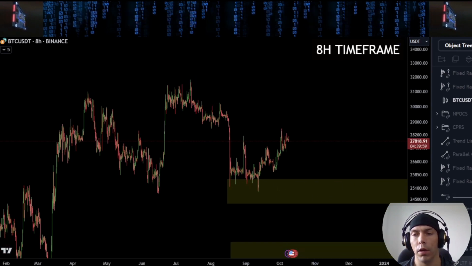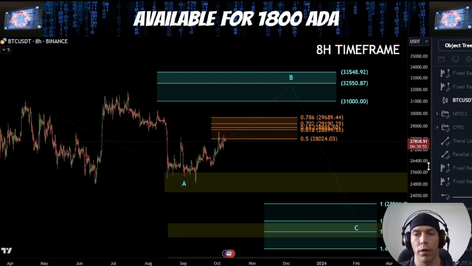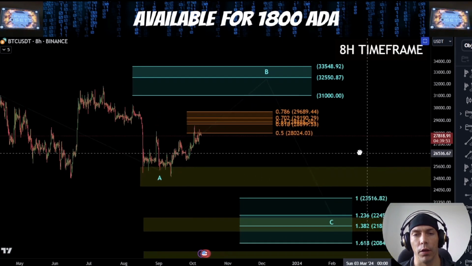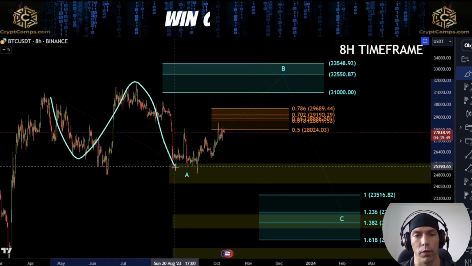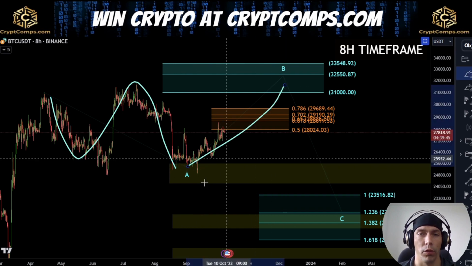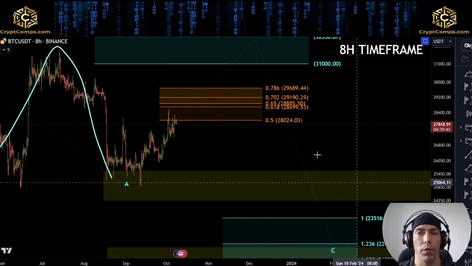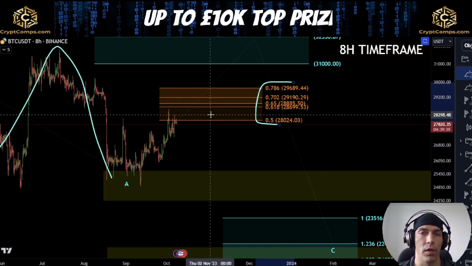Now, within the idea that we are still within a bigger corrective structure, still keeping an eye out for the potential that we could see something along these lines, where actually what we have here is that this whole move here is a completed corrective wave as an A wave, and we are looking for this B wave to the upside. Now, this B wave typical zones that we look for is this 786 to this 50%, which is this